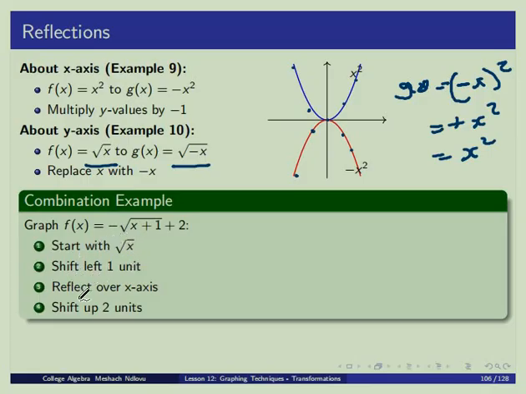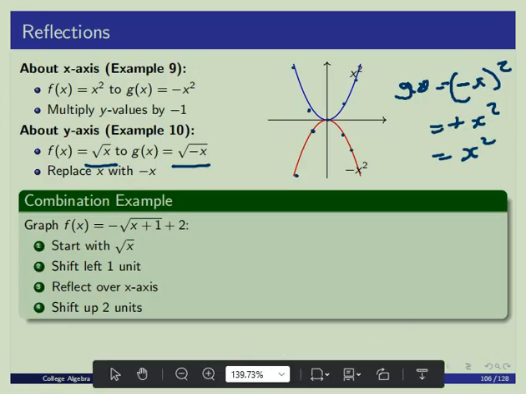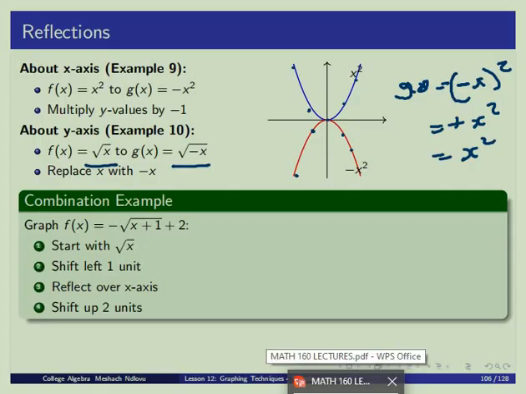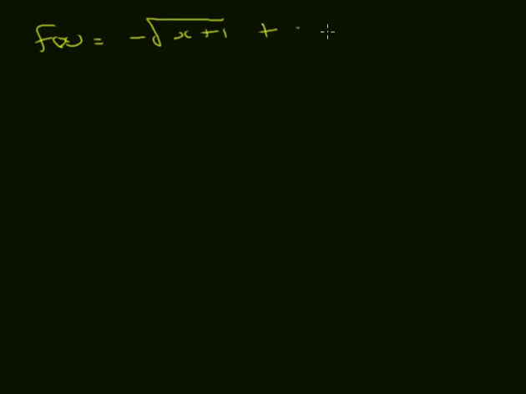And then similarly, you have a combination of transformations. Let's try sketching this one. All right, so let's go to the sketchbook. So you have f of x equals minus square root of x plus 1, plus 2. Here we start with f of x equals square root of x,